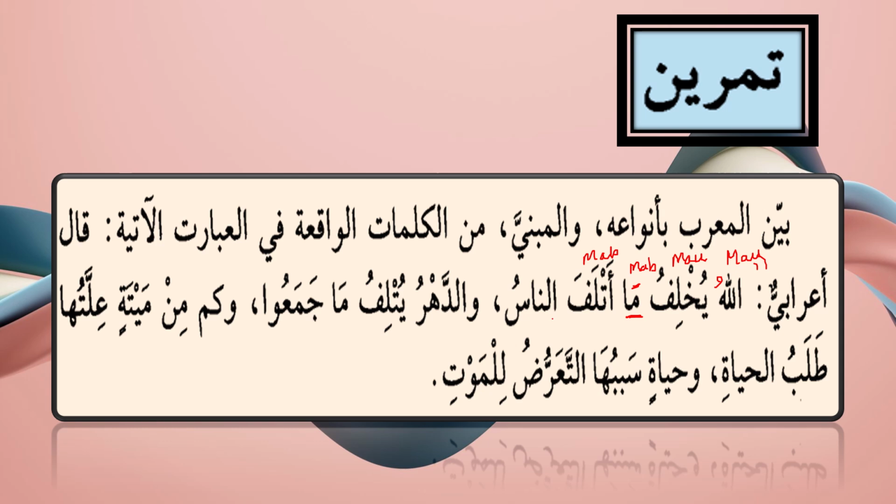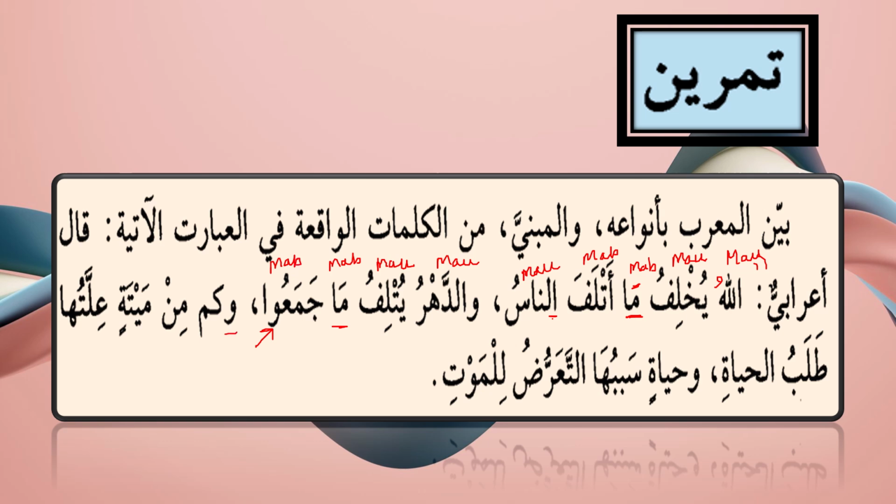And how do you know what are the signs of a noun? You go back to the first lesson, the alamat tarif. So this is a noun and it will change all the haraka. So this is mu'rab, changing. Wad-dahru, this is also a noun, changing. Mu'rab. Yutlifu, this is a present tense. So this is mu'rab. It will change its haraka. Ma, again this is mabni. It will not change. Jama'u, this is a past tense with a vowel jama attached at the end. This is the damir vowel jama showing male plurality. So this will not change. This is mabni. Past tense doesn't change.